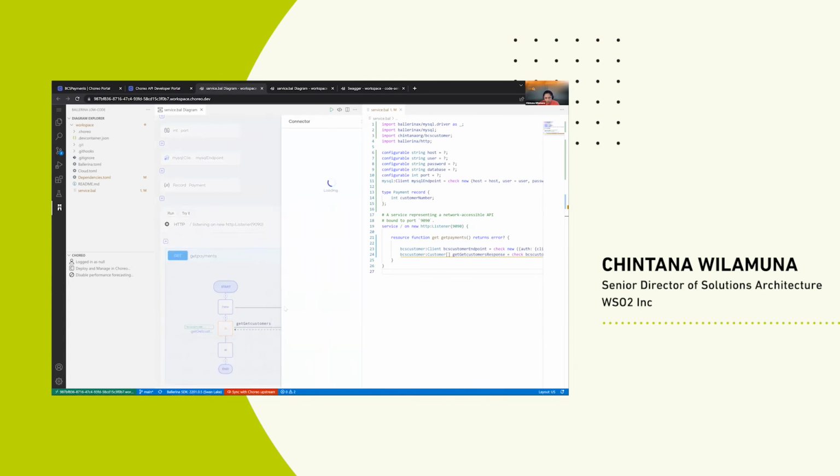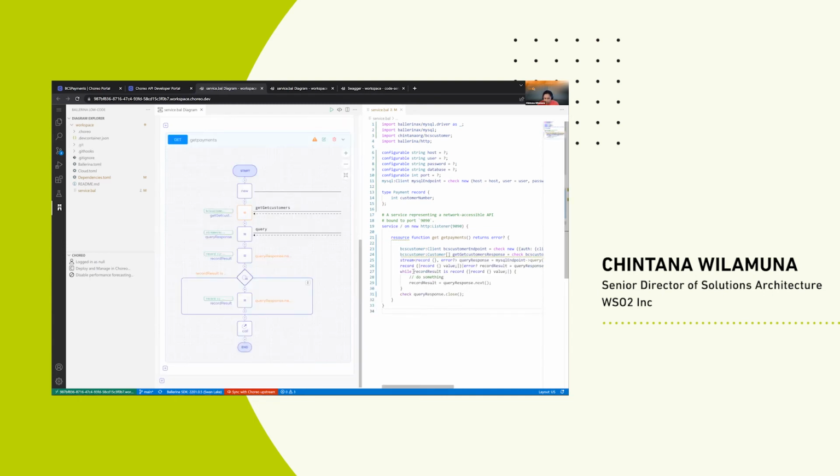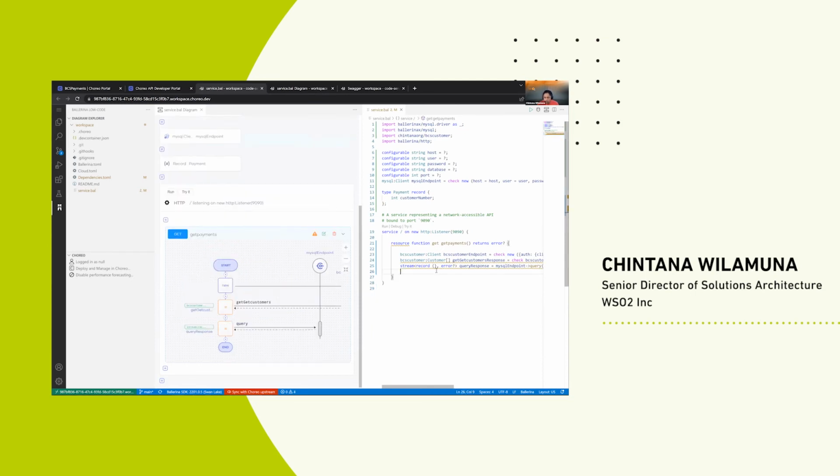We'll call the MySQL endpoint and query, and let's do an empty query here, and then I'm gonna save it, which is gonna create the code. Then I'm gonna remove all of this, and say this is gonna accept payment type, and we'll define the query here. Let's say what we're interested in: select star from payments